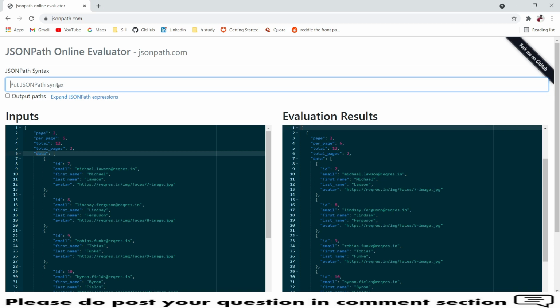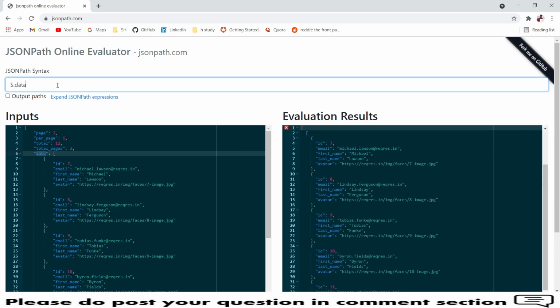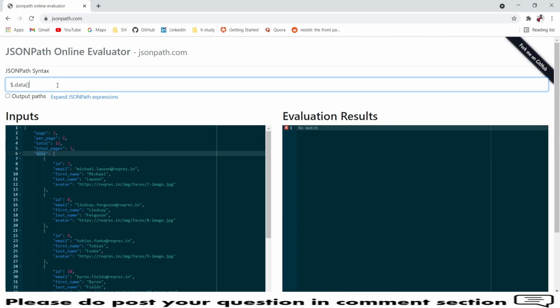Starting with our dollar symbol and dot data, we have retrieved all the arrays under that, and I need to write a query using a JSON path expression. We have the question mark which says the start of the expression, and then you need to provide open and close braces. Under that you can provide @ dot, and any value here.